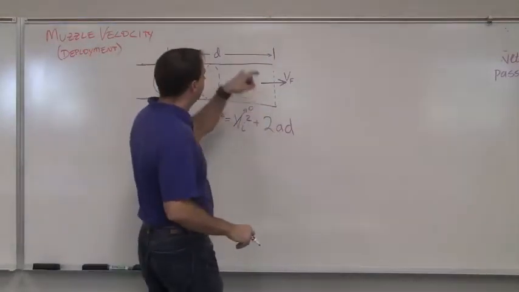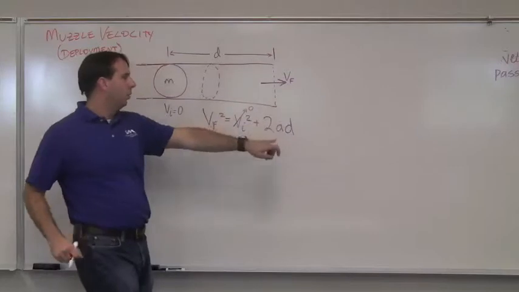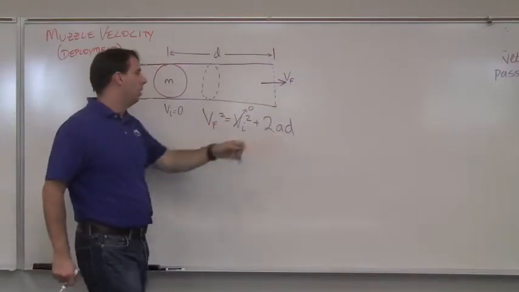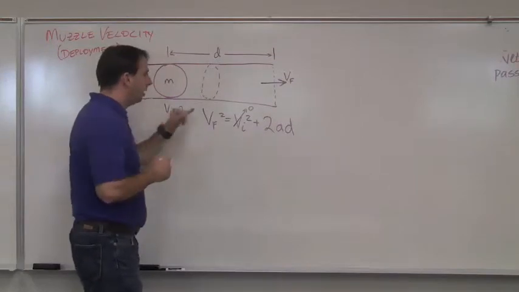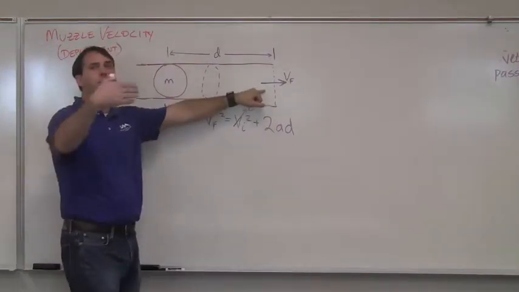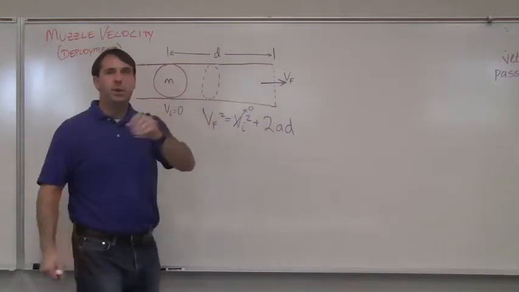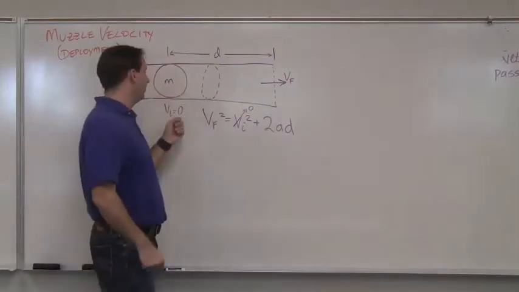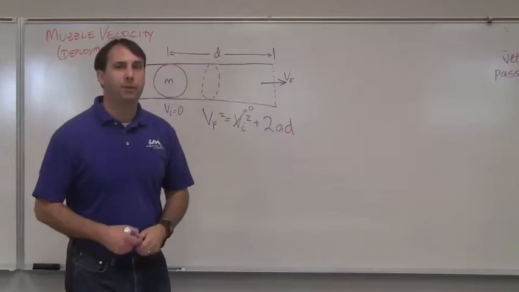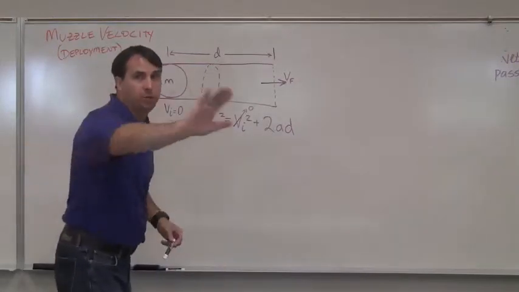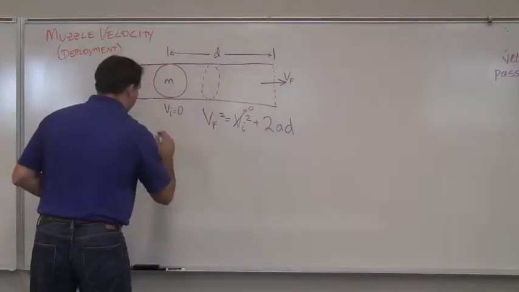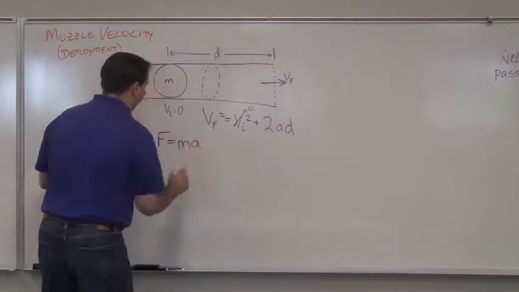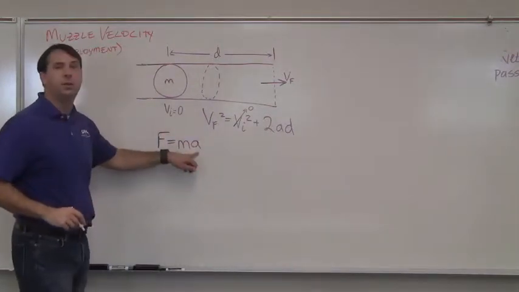2 is 2. D is the distance we're going to travel. What is A? A is acceleration, okay? So our probe is going from 0 to some velocity, so we know it's accelerating, right? If a mass is accelerating, what do we know about that mass? There's a force pushing on it, right? We know that one of Newton's laws, I can't remember which one,